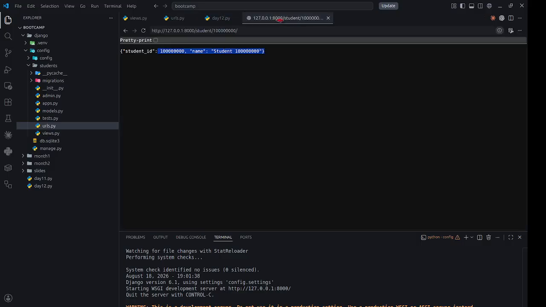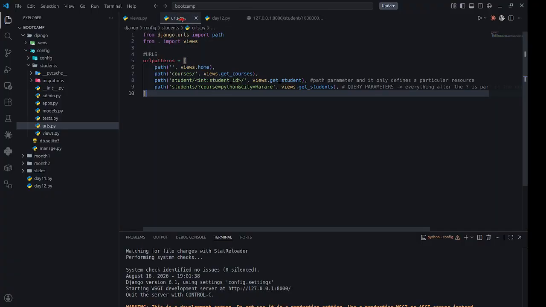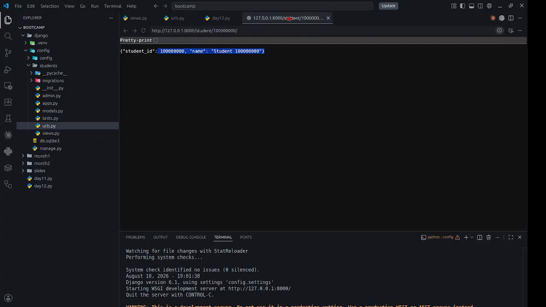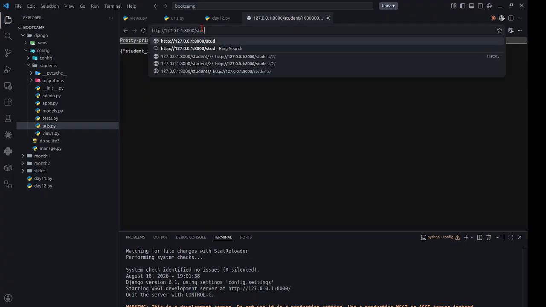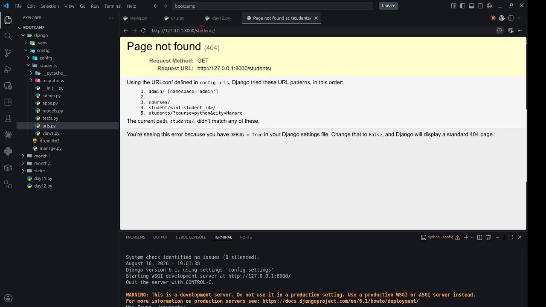Okay. So we're now supposed to test our query parameter, right? Let's test also our URL. So you are going to say students, right? Let's see what's going to happen if I just say students only, right? It's going to return students not found, because if you check,